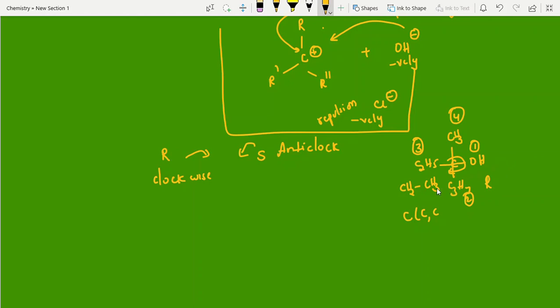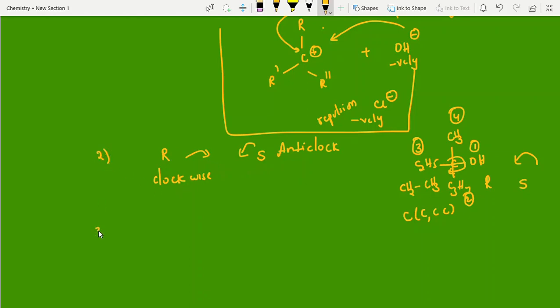Clear my point, students? If first atom is same, go for the next one. Second one also matching, go for the third one, like that. If you look into this one, here it is 3 carbons, here it is 2 carbons, here it is 1 carbon, like that. And next the rotation is S configuration, like this, RS. And dextro levo rotatory also we are speaking.